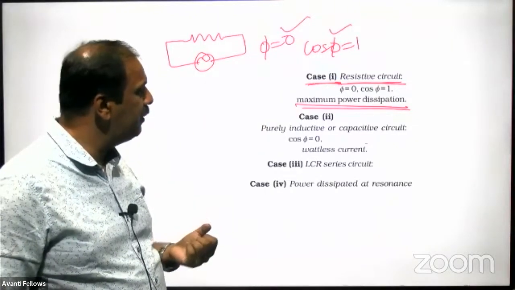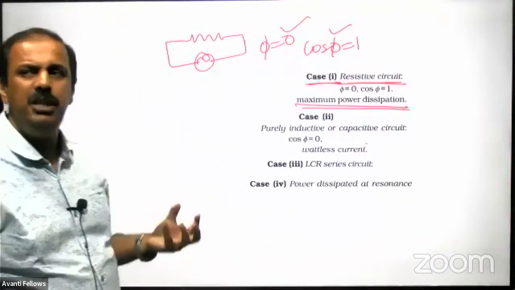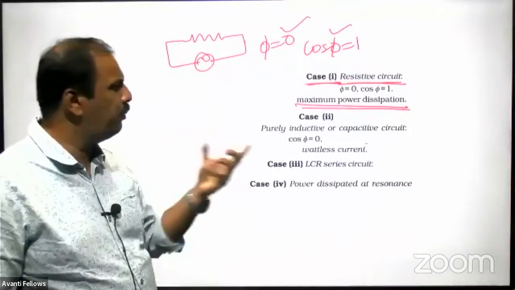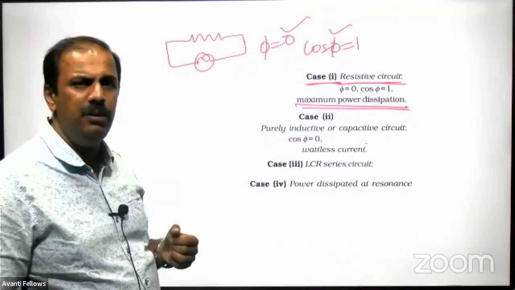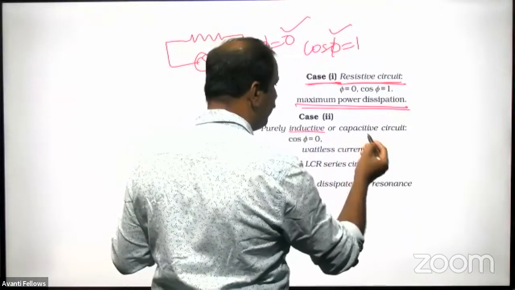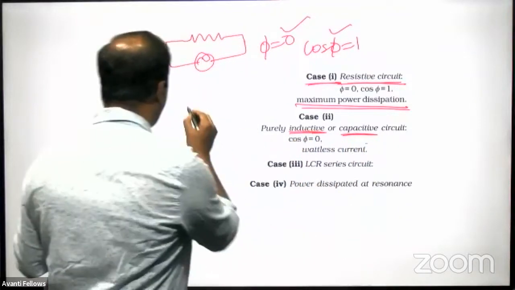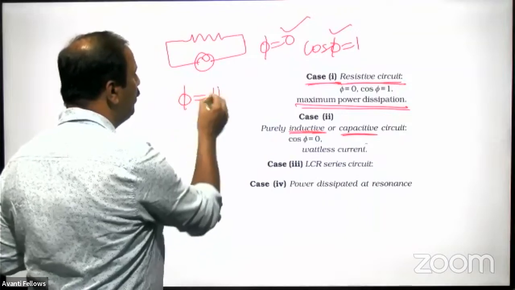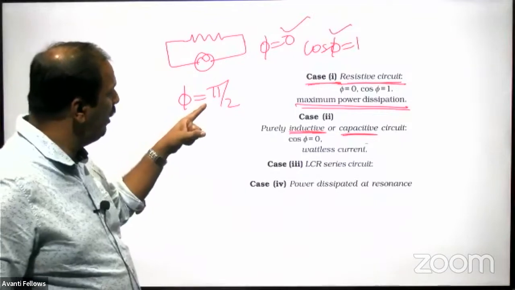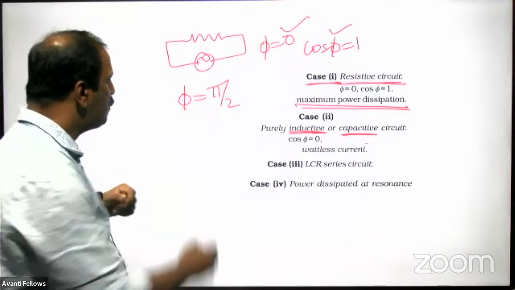Now the next one is case 2. If the circuit is purely inductive or purely capacitive, what will happen in inductor and capacitor? The phi value will be pi by 2. It can be plus pi by 2 or minus pi by 2. So when phi is pi by 2 plus or minus, what happens? Cos phi will be